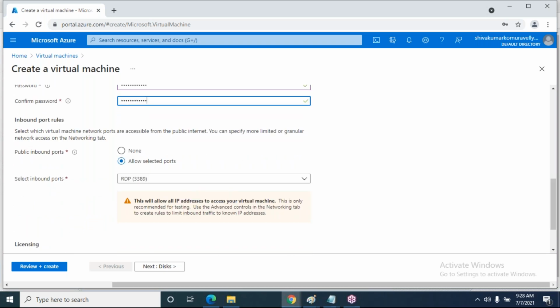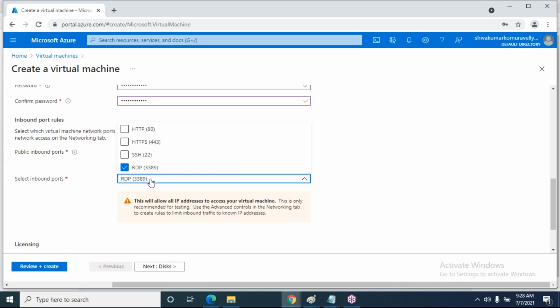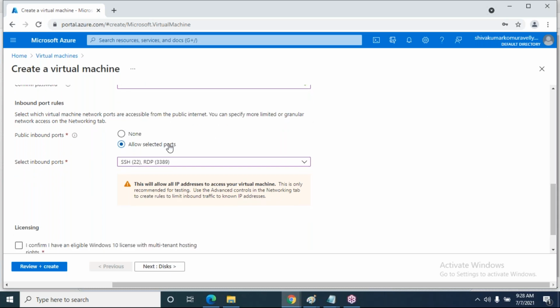Coming to the ports, RDP is opened automatically. Apart from RDP, I am also opening SSH. This is for connecting to a virtual machine from your laptop. The RDP protocol is for connecting from your Windows.